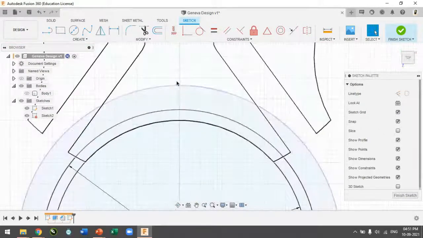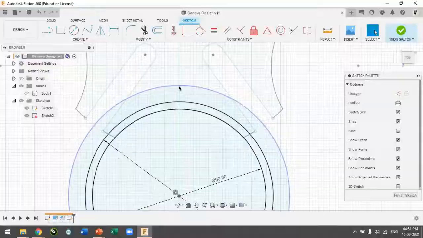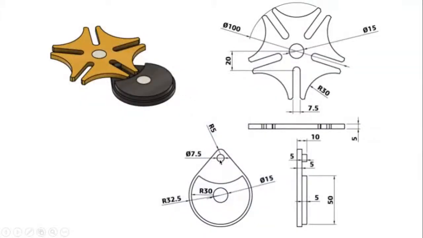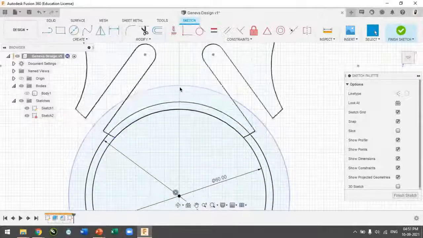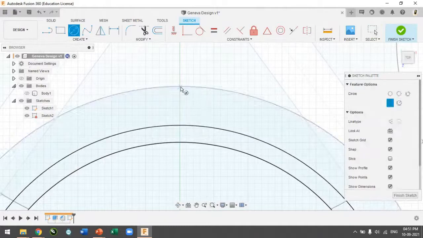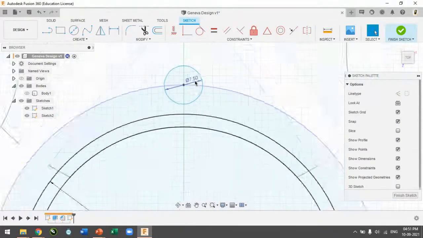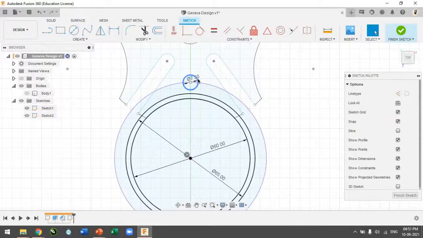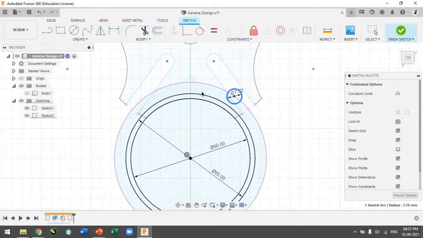and here, as we can see, this is the driving cam, a 7.5 diameter cylinder, and it has 5 height. So I am making the circle on this violet geometry. So I will make it here with diameter 7.5. As we can see, it's not constrained, so I can move this